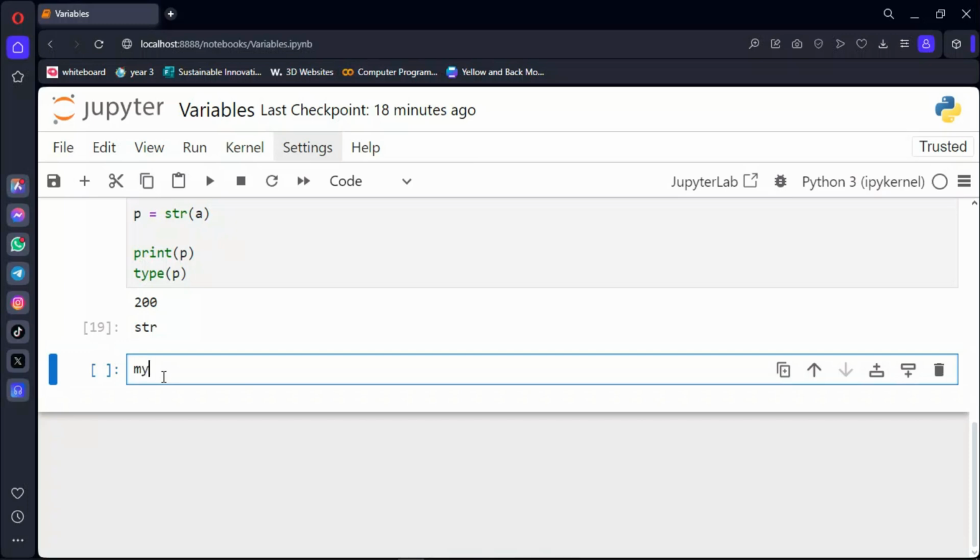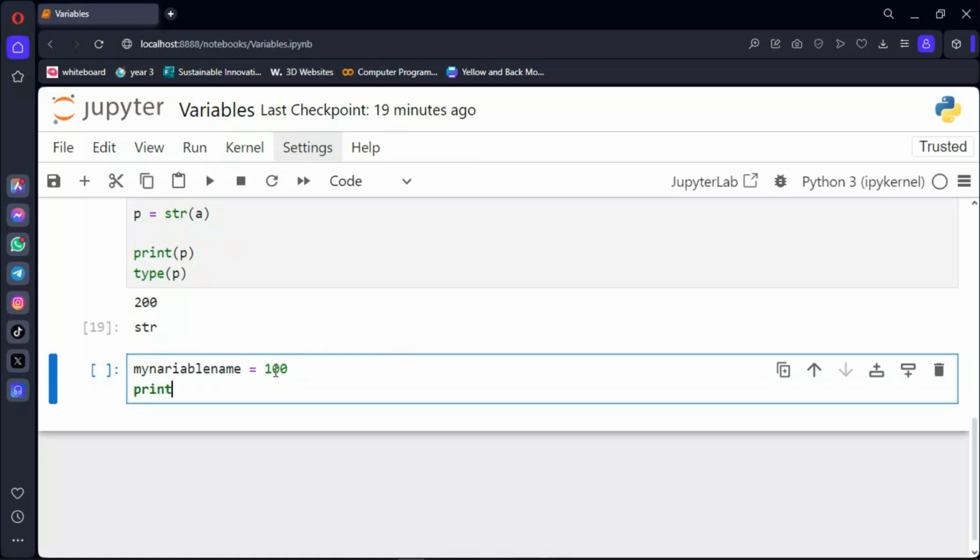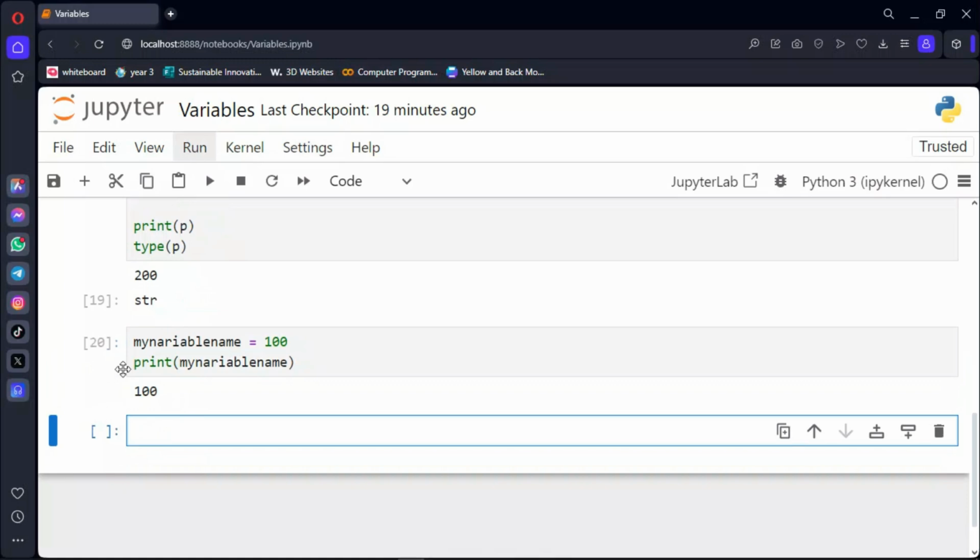Let me say my variable name. First of all, let's try this way. My variable name, you can see this variable is just good, and then let me say print. There's no issue with it, provided you use it correctly. But the thing you realize here is that it is not readable. It's not readable whenever you're using multi-word